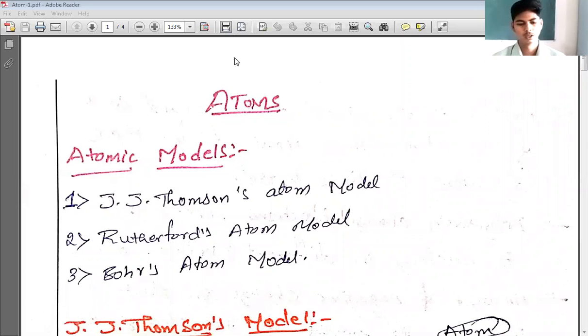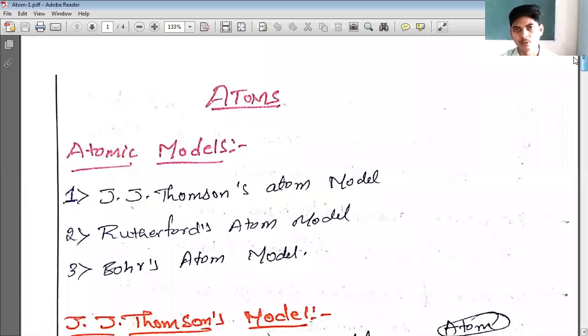Good morning. In this class, we'll start the synopsis part of atoms. We'll continue with the capacitance part after you come back to the college. We have finished electric potential. Capacitance part will start after you come back to the college. Within that time, we'll try to finish this small topic, atoms, from which you can expect at least one question